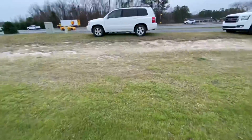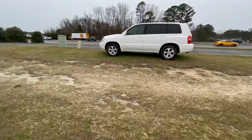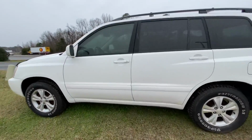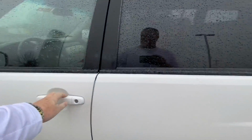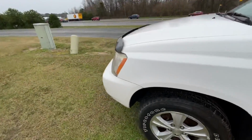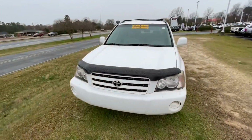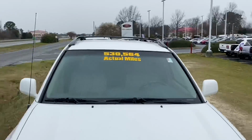All right, guys. This is something interesting. This is a Toyota Highlander. Now, why the hell would I show something like this on the channel? Well, I saw this from the street, and it looks pretty good, right? Looks like it's in pretty good condition. Look at the front window. It has